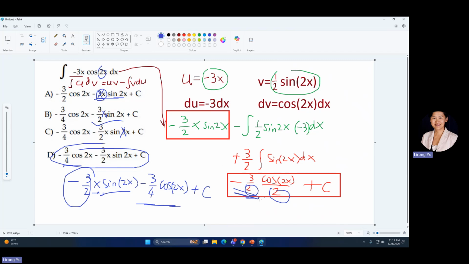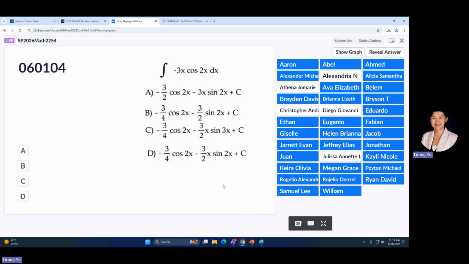All right. It basically is going through the whole process of comparing and integrating. I hope that you are on the same page with me. The final answer should be D. This is the example of integration by parts. And do you have any questions on the